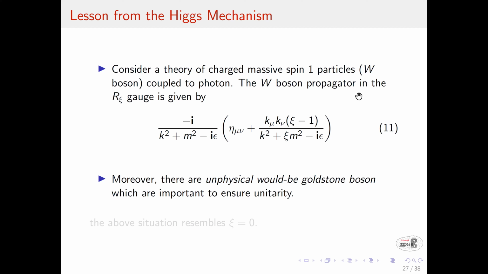Yes. Now you quantize the theory in the R-xi gauge, you compute the scattering amplitude, and you do the same thing where all of these are coming from Lagrangians. Yes. Then just adding the contact term will not make the WW photon scattering gauge invariant. You also have to add this thing which comes from the Lagrangian approach, the would-be Goldstone bosons, to restore unitarity. So if I set the gauge coupling to 0, there are Goldstone bosons. Yes. Right? So when I gauge fix it, these Goldstone bosons get a mass which depends on the gauge parameter.